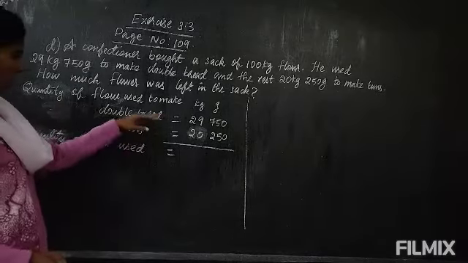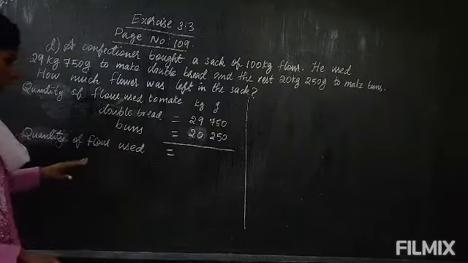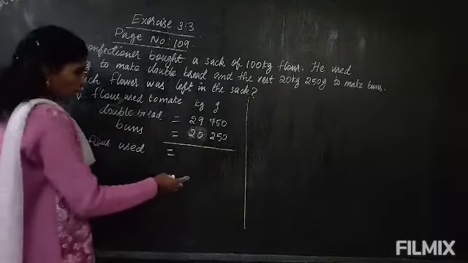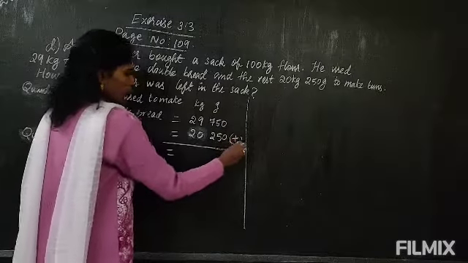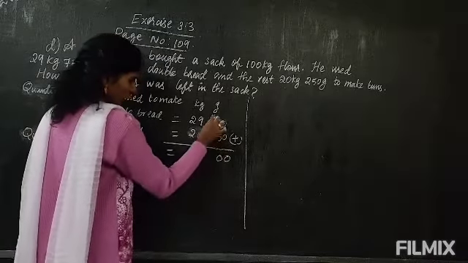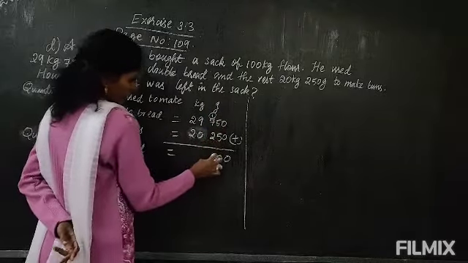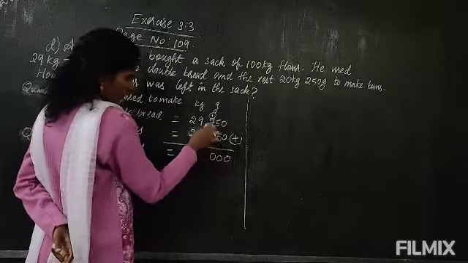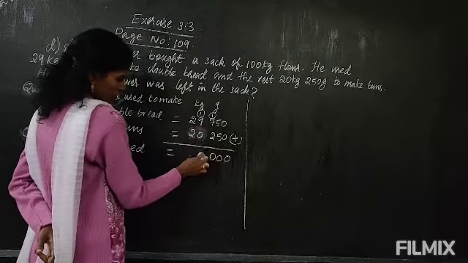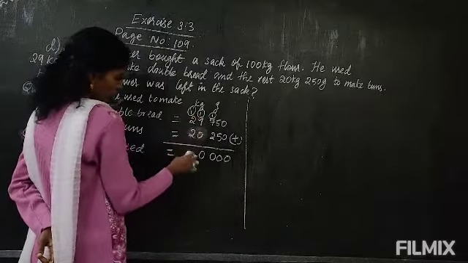Now we have arranged the kilogram and gram columns and you have to add it. Now next, quantity of flour used. So total flour used you have to find. That is, you have to add here. So now 0 plus 0 is 0, 5 plus 5 is 10. So 0 you write, 1 carry here. 7 plus 1 is 8, 8 plus 2 is 10. So 0 only you write and 1 you will carry to the kilogram. Okay, 9 plus 1 is 10. So 0 you will write, 1 you will carry here, 2 plus 1 is 3, 3 plus 2 is 5.